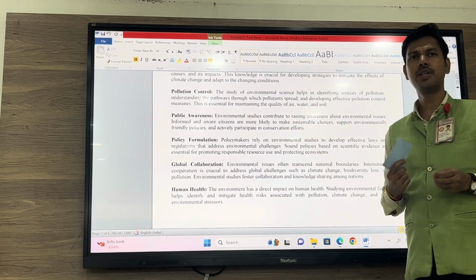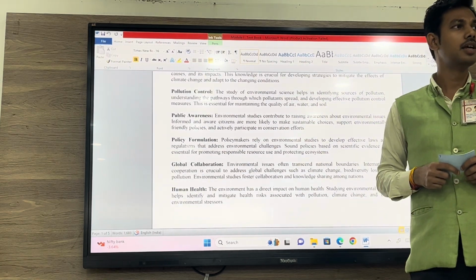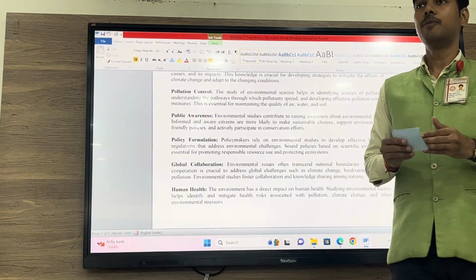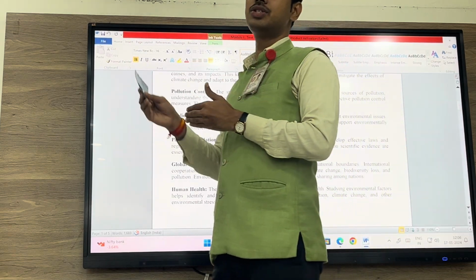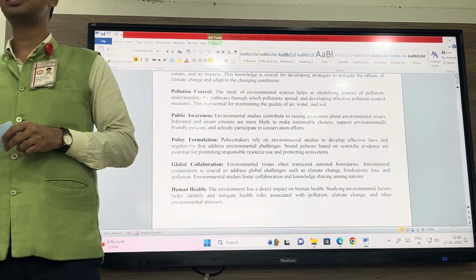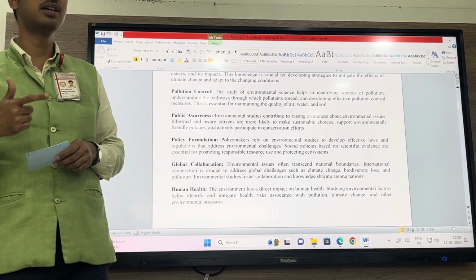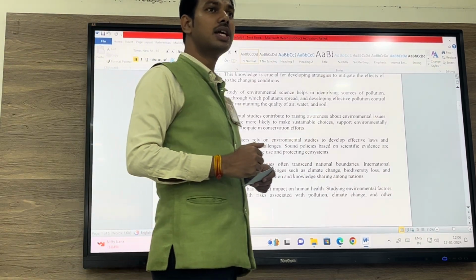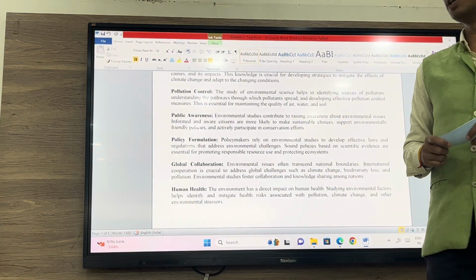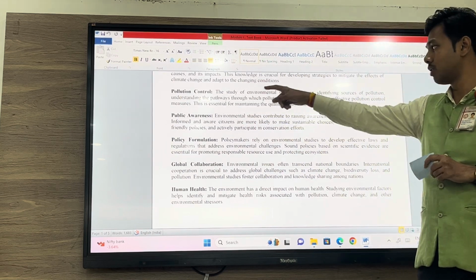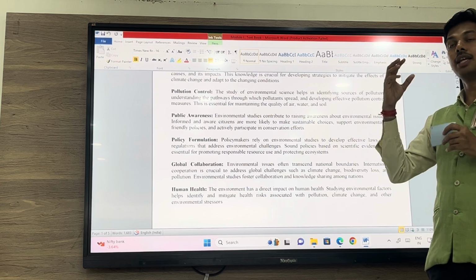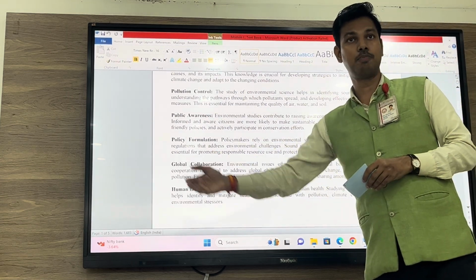Pollution control. What exactly have we done as human beings? We are developing, that is what we are saying. We are constructing buildings, we are constructing atomic energy and nuclear plants. But what is happening along with this? We are creating noise pollution, air pollution, land pollution, soil pollution. Is it good for health? It is not good for health, not good for anyone. So when we study this subject, we understand the importance of controlling all these pollutions.